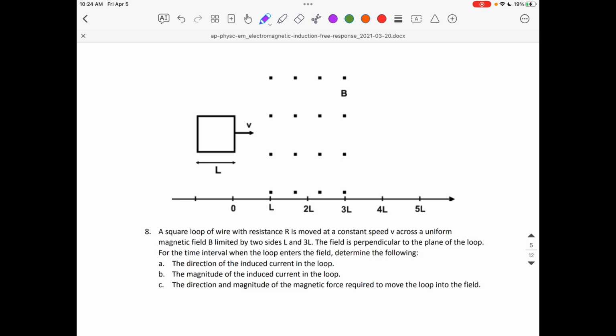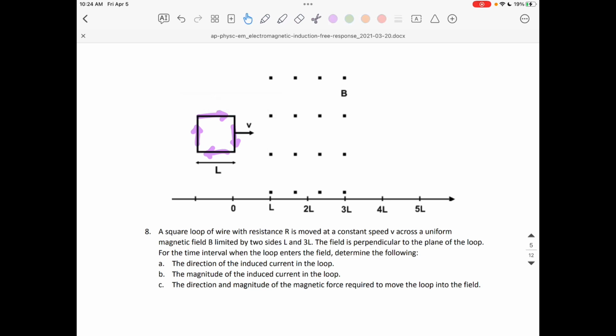So what we notice is that as it's coming into the magnetic field, the flux is increasing. So as it's coming in, we've got B increasing, and we want to oppose that increase in B. So we want to have an induced current that is going into the page rather than out of the page. And so we have a current in the beginning that is going clockwise, and that causes a magnetic field